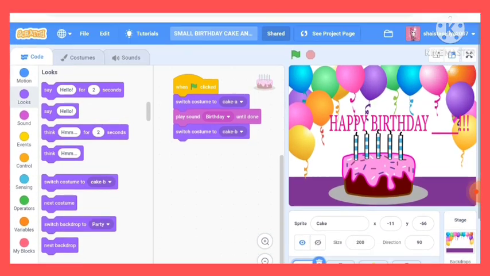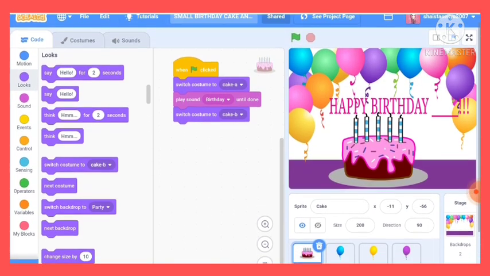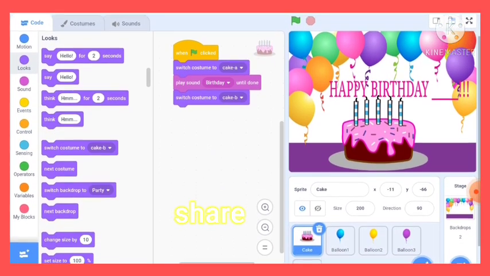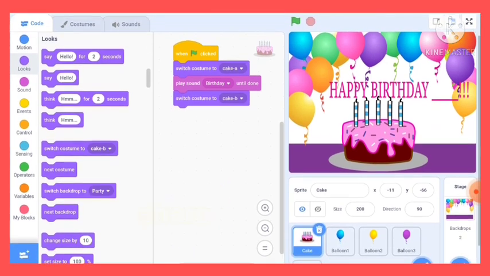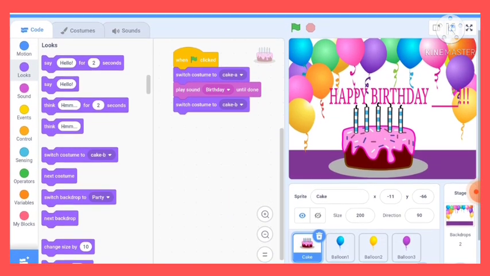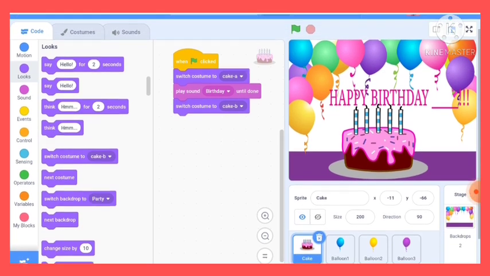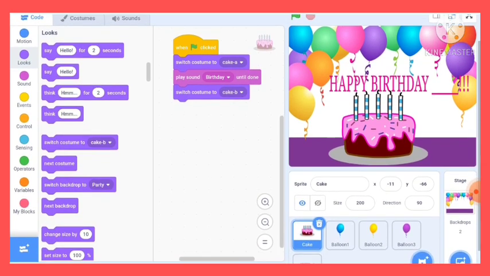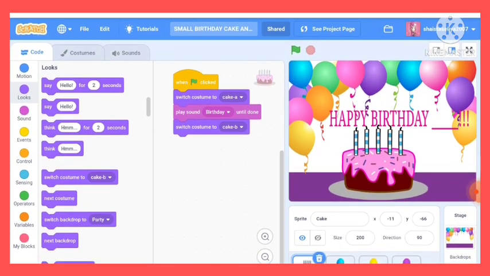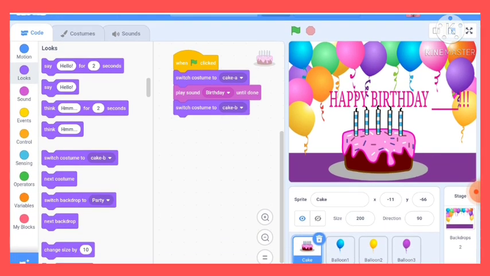So the reason is that if there is any birthday of anyone, you can wish them by making this animation on Scratch. As you have seen, the birthday sound is also there, and the candles are also going off and they are just melting, and then they are again firing, and after that the balloons are also moving, and when they are just touching the edge, they are popping, and after that the animation has ended.